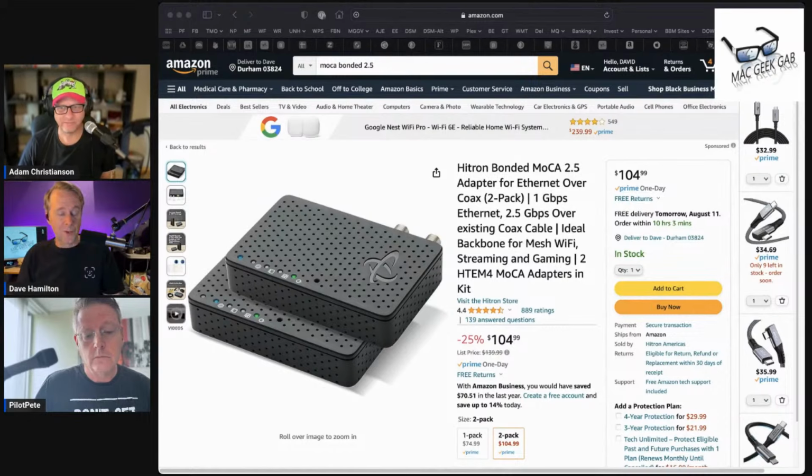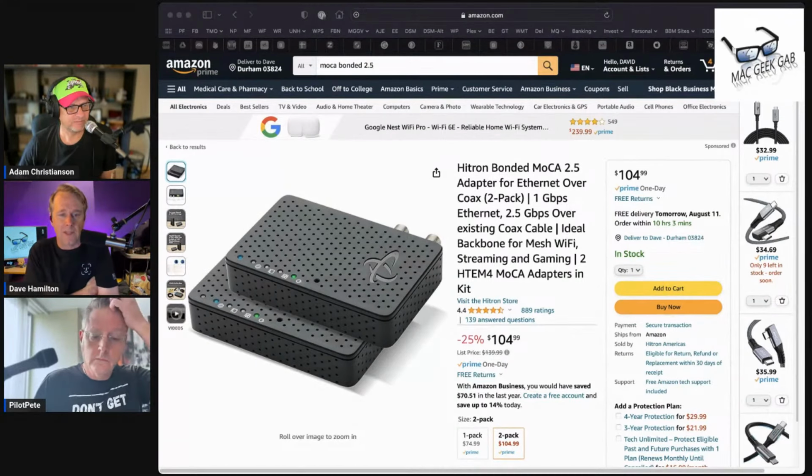Yep. So you described plugging one in at your router and one in somewhere else. You can do that. And then you could add a third one, and they will all talk to each other and share the bandwidth. And yeah, I've seen it. It really depends on a lot of things, but